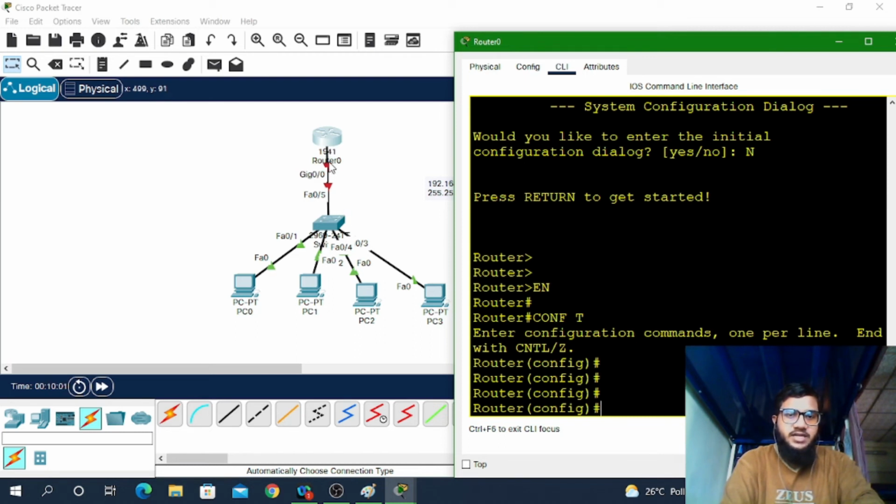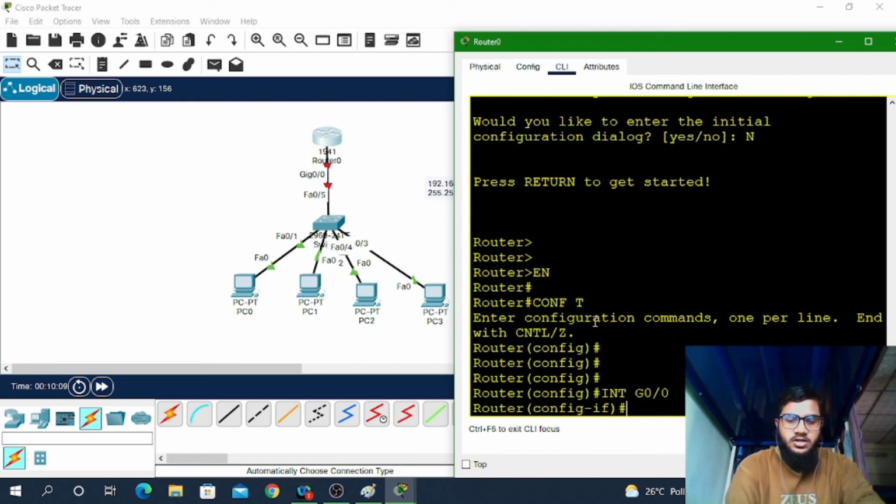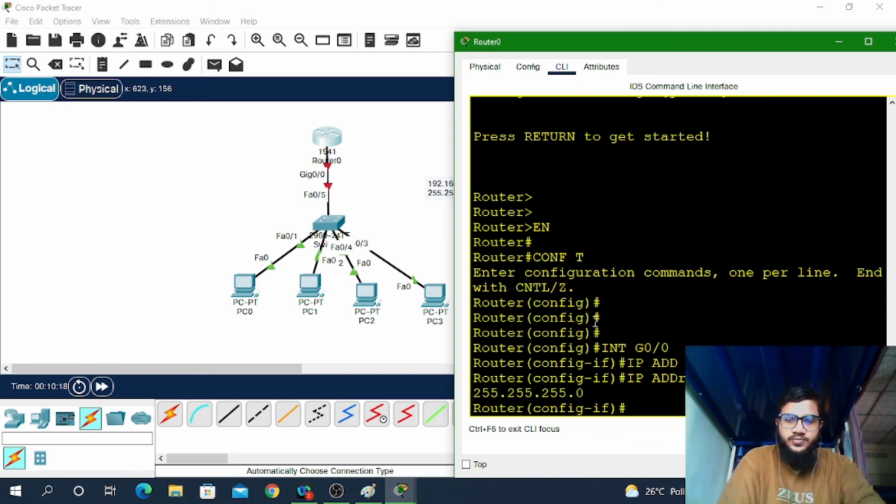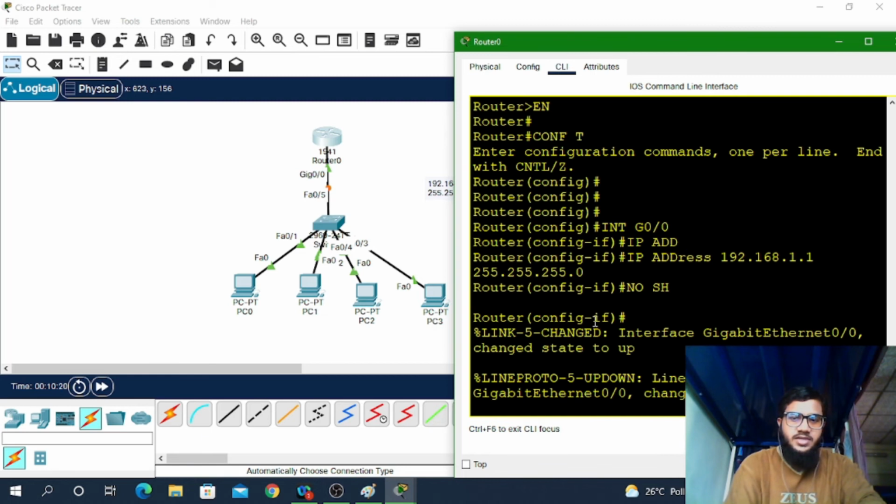So I'll give one IP address to the gateway, and in my case it will be 1.1. In interface gigabit 0/0, I'll give the IP address 192.168.1.1 with the subnet mask 255.255.255.0, and I'll type no shutdown. This will bring that interface up.